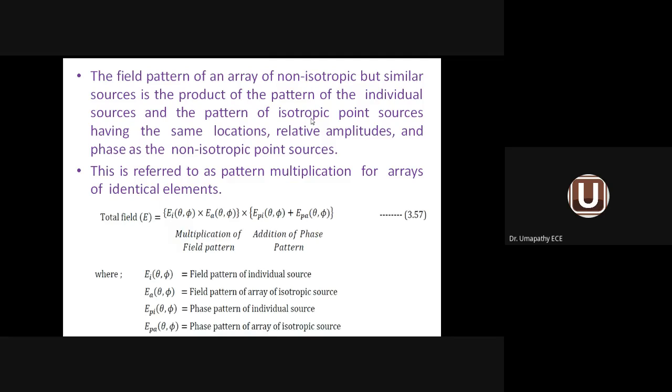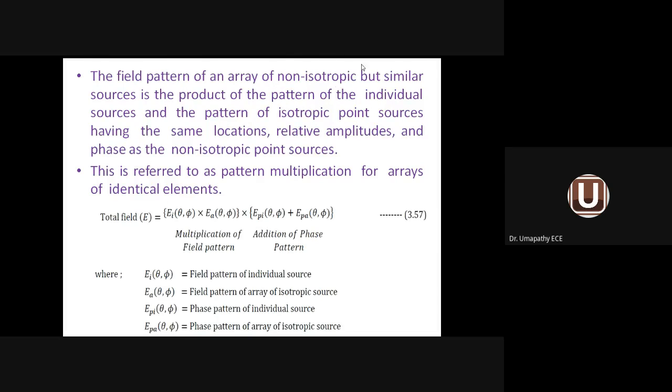Remember, isotropic source, as I was telling in the previous class: isotropic antenna, reference antenna, theoretical antenna, imaginary antenna. An antenna which does not exist practically is called an isotropic antenna. A point source is nothing but a radiator. What do you mean by point source? A radiator which is very small in size, radiating energy into free space. So isotropic point source means reference antenna, and the radiation pattern of the reference antenna is already available.